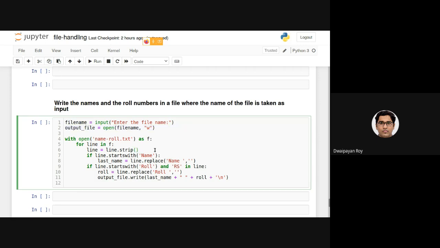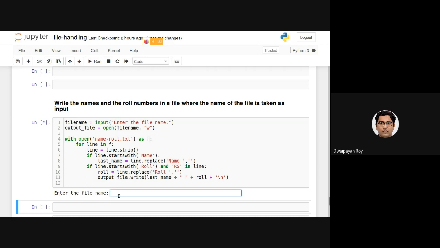Now, if I execute this, first of all, it will be taking one file name as input from me. Let's say output name roll dot txt.